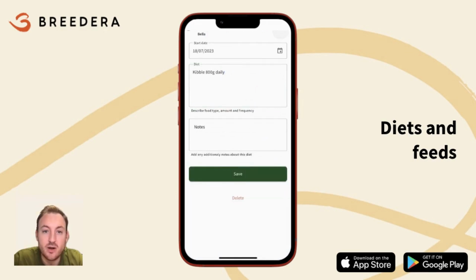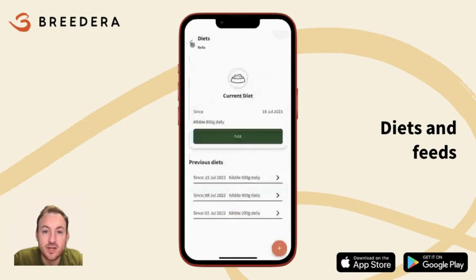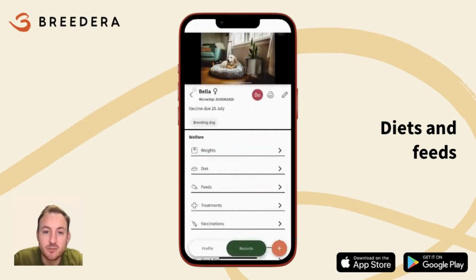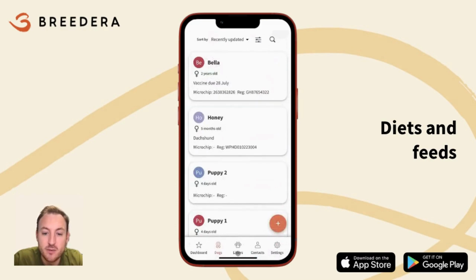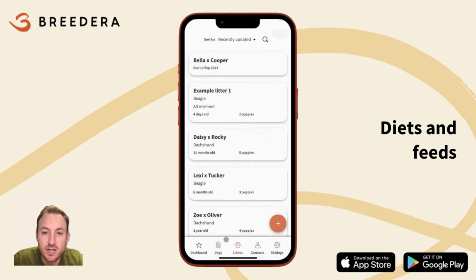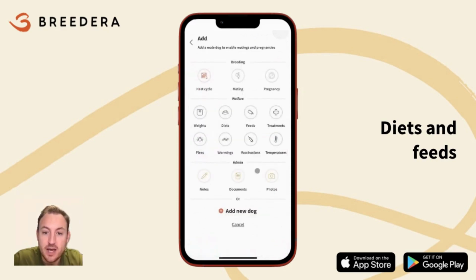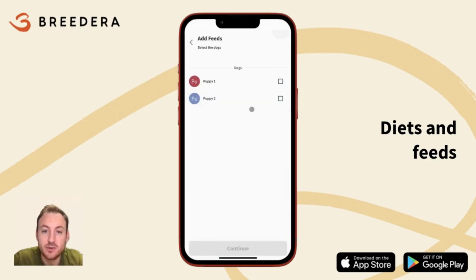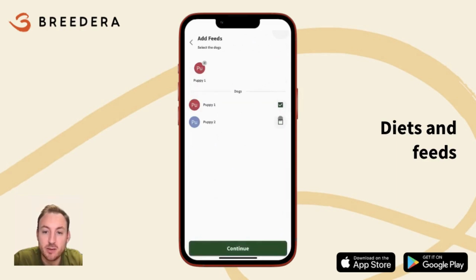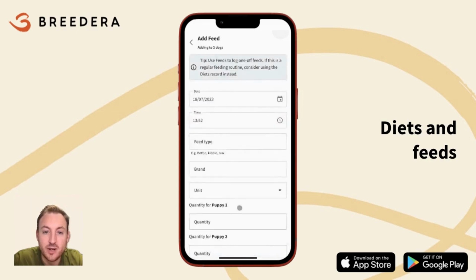Now, going back to feeds, you can do a similar thing with feeds. But for feeds, for this example, I'm just going to show you the puppy list. So if I go to the list of litters and I look at an example litter, example litter 1 here, and let's say I wanted to add a feeding event because both of these dogs had a bottle feed today. So I could then go to the plus button. I can tap that. I can then go to feeds in this example. I can select both my puppies, puppy 1 and puppy 2, hit continue,